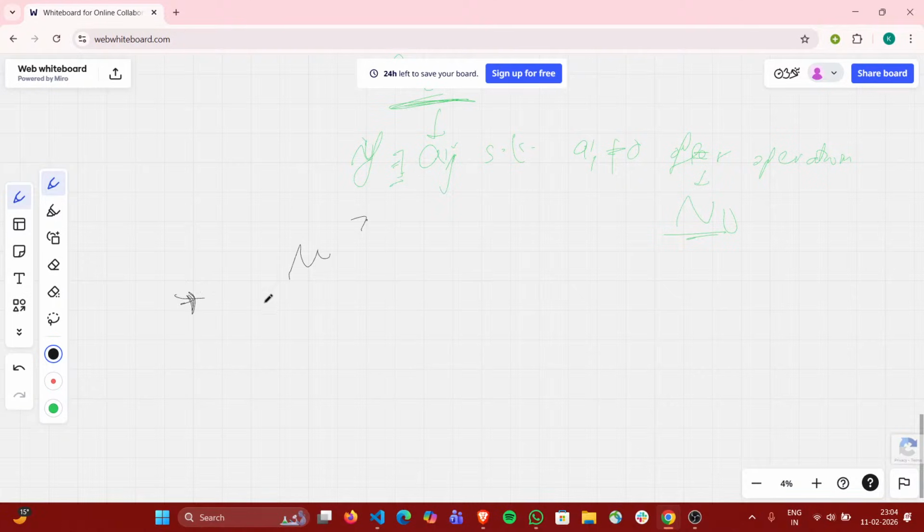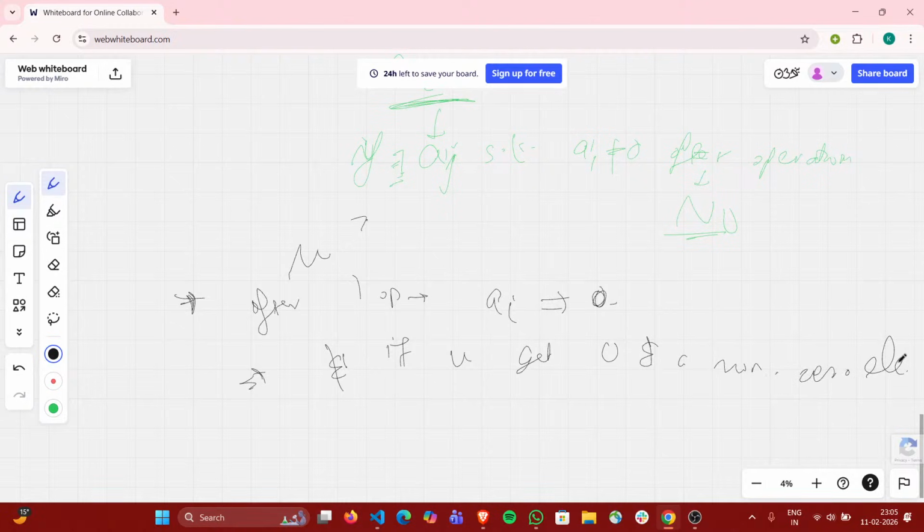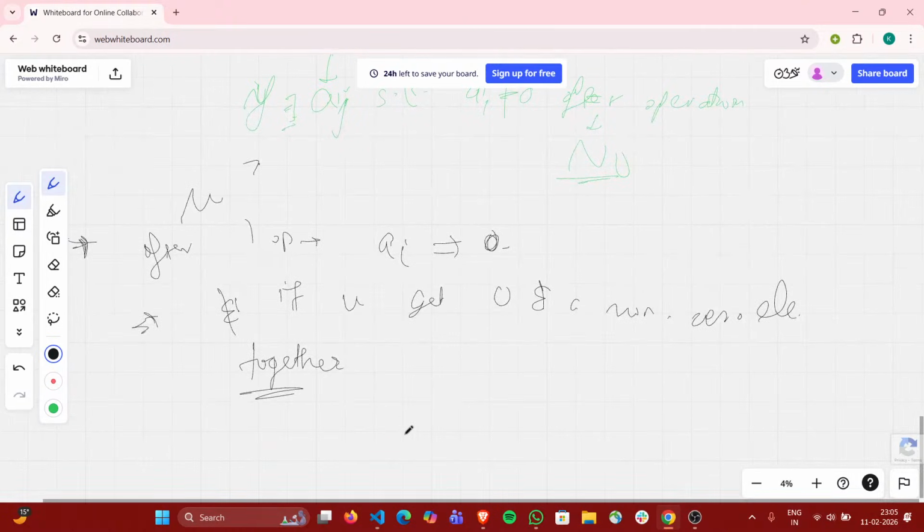So the main thing is that after one operation, AI will become zero, and if you get a zero and a non-zero element together, then the answer is no, because 0 comma AI could result in 0 comma AI or AI comma 0